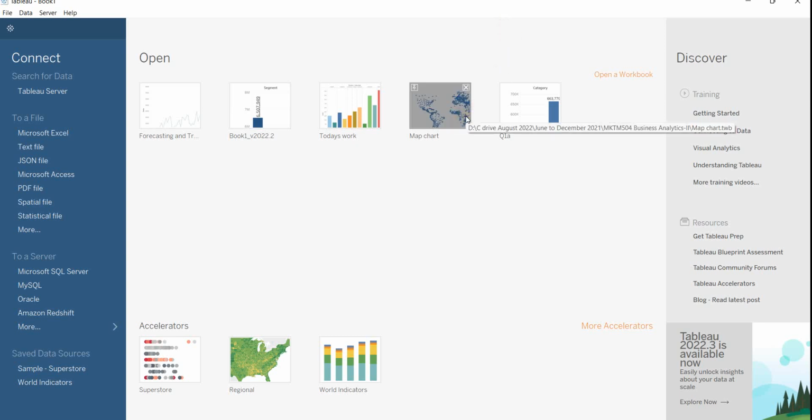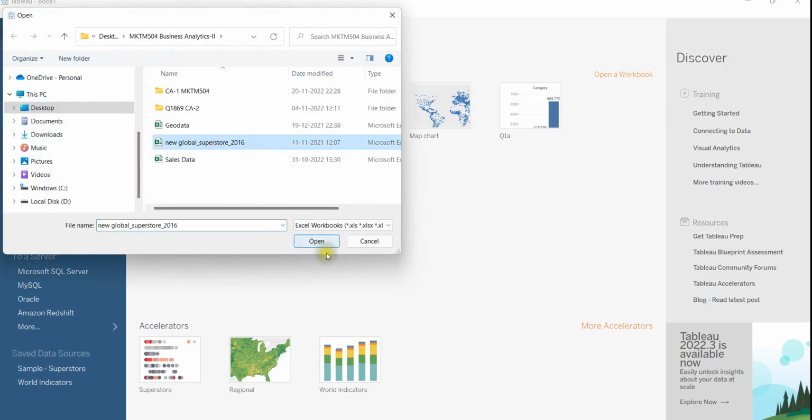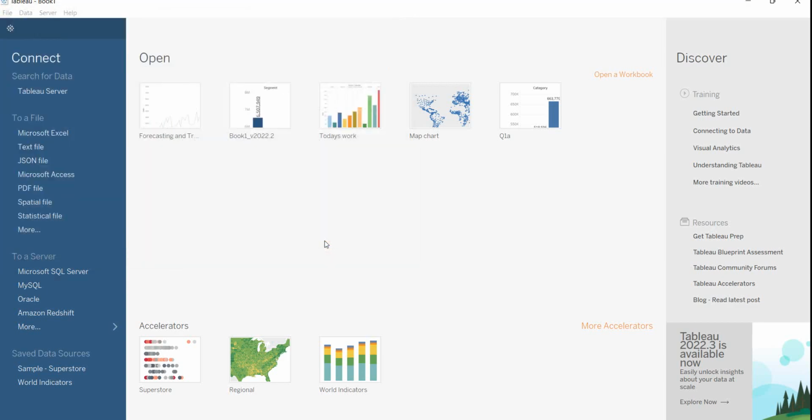Hello friends, in this video we are going to discuss a new application in the Tableau that is called filter. To understand this process, I am using the Excel file Superstore 2016, which is inbuilt available in the Tableau itself. So I open this file